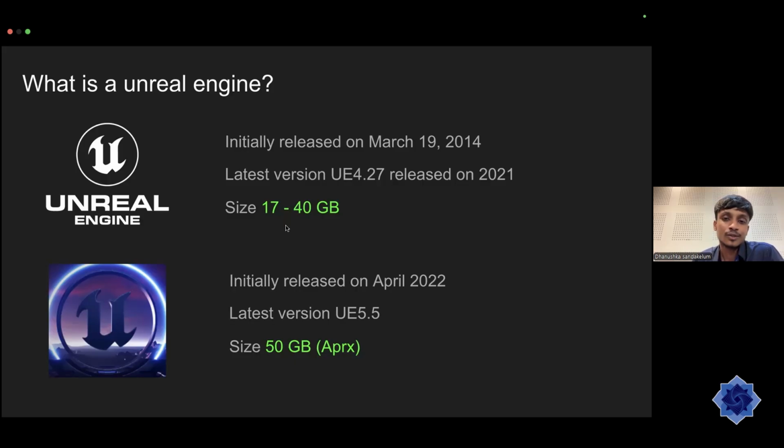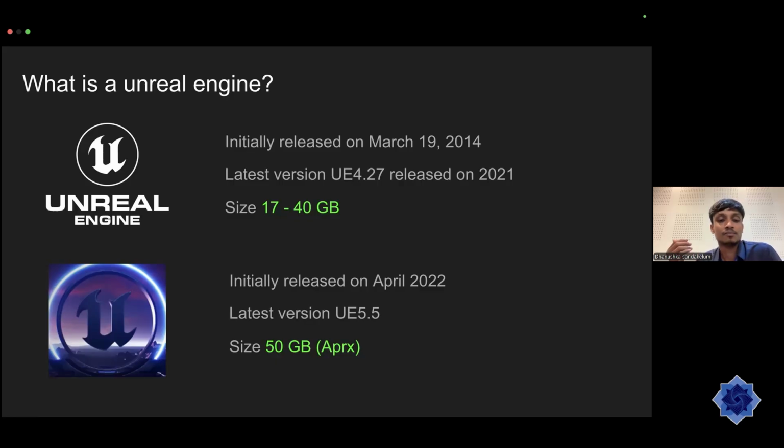So remember, this is software that we use to build computer games. For example, Visual Studio Code you use to develop websites, or IntelliJ you use to develop web applications or any sort of standalone application, but they are around, I don't know, maybe 1 or 2 GB. But when it comes to the game industry,